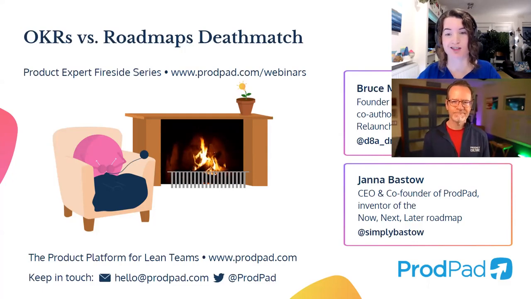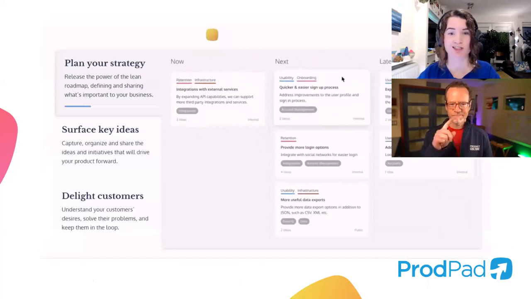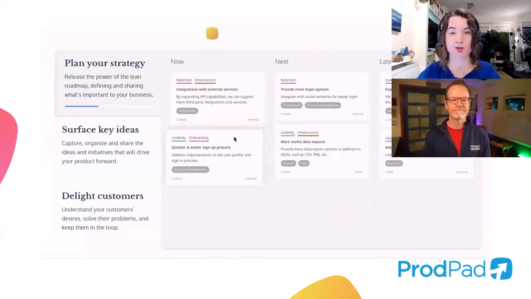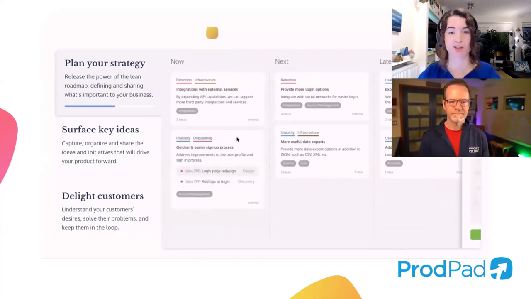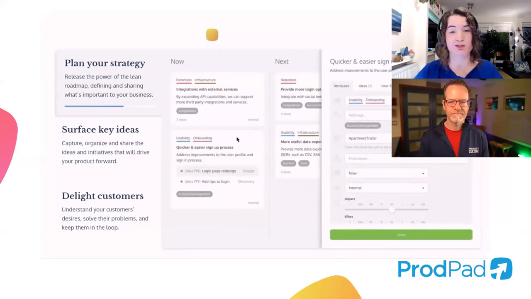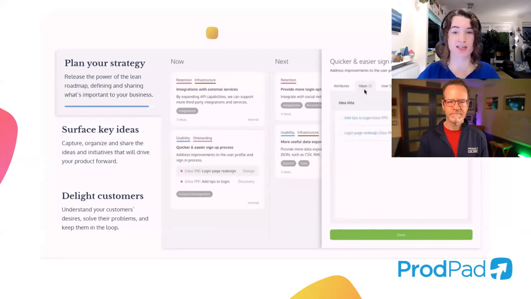Before we kick off into the intros to Bruce and the topic of the day, I want to tell you a little bit about ProdPad. This is originally a tool built by myself and my co-founder, Simon, because we were both product managers ourselves, and we just needed tools to do our own jobs. We needed something to keep track of the experiments we were running to try to hit the business objectives that we had,